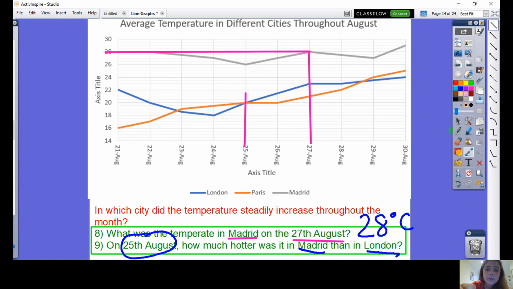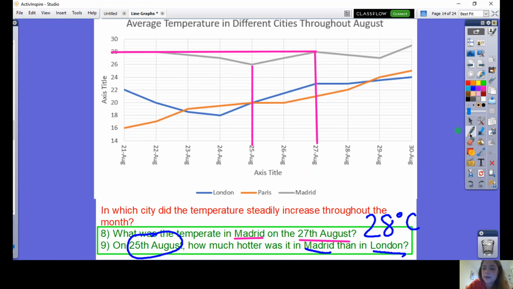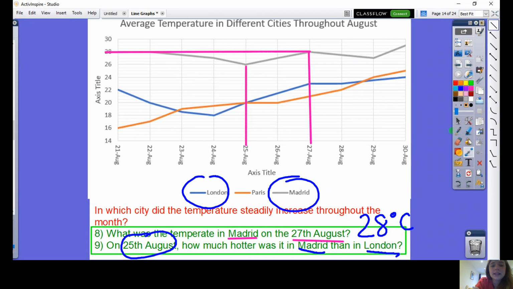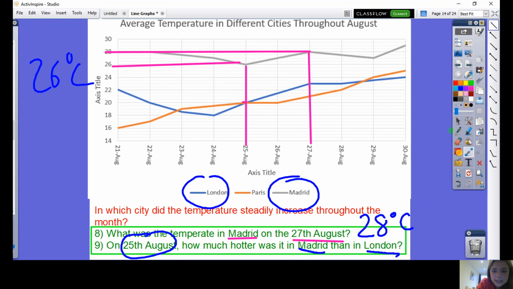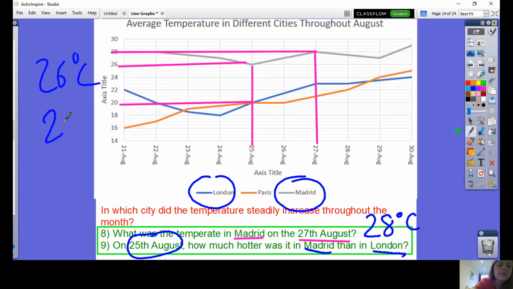So my line needs to go all the way up to Madrid, the grey line, and I'm also looking for London, which is the blue line. So I'm looking at both grey and blue. In Madrid, the temperature was 26 degrees. And in London, the blue line is here, that is 20 degrees. If I'm looking for how much hotter, that's a comparison with hotter, it's subtract: 26 take away 20 is equal